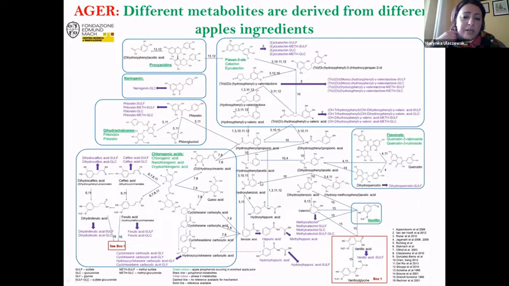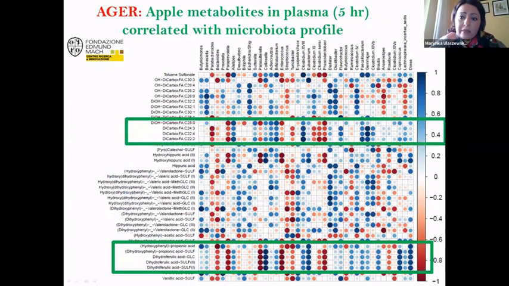When we think about the correlation of metabolites with microbiota species, that's also a super interesting topic, as many of those metabolites are produced thanks to some species of the microbiota